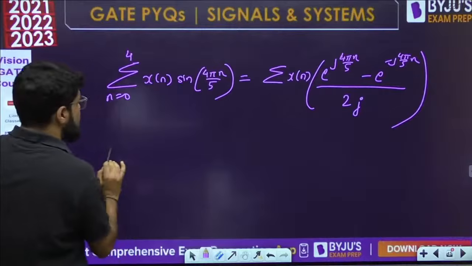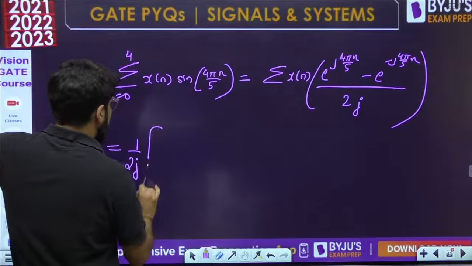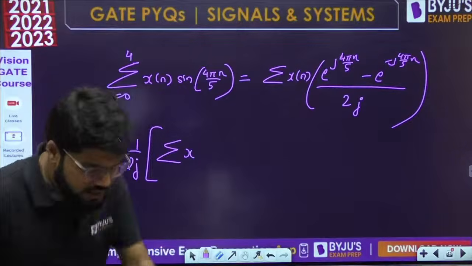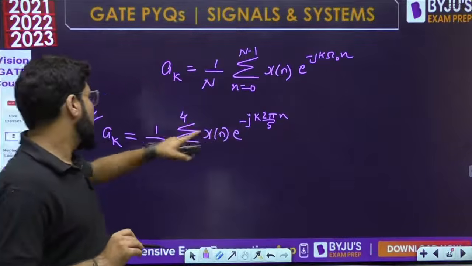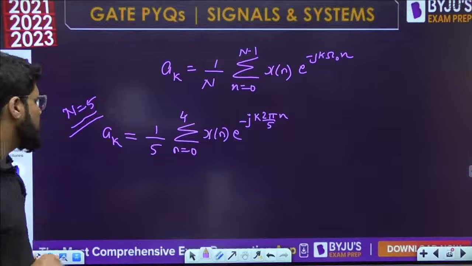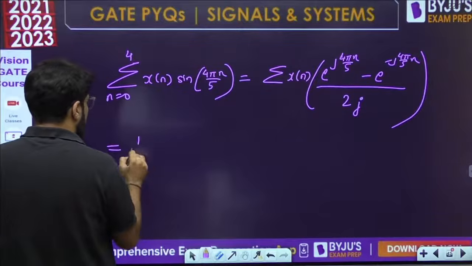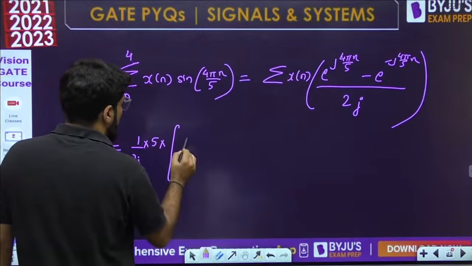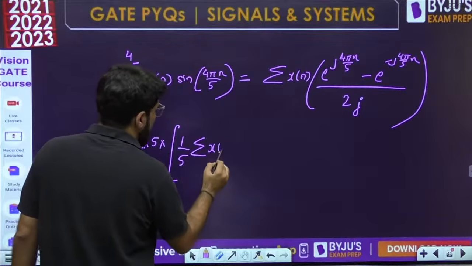Okay, so this is then equal to 1 upon 2j, which we take completely outside. The first term, summation xn e power jk omega naught n and e power minus jk omega naught n, can be compared with the ak. If you multiply by 5 here, I will divide and multiply by 5. So 1 upon 2j is outside, into 5, into 1 upon 5 summation of xn